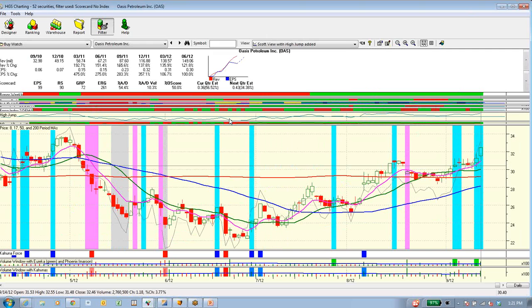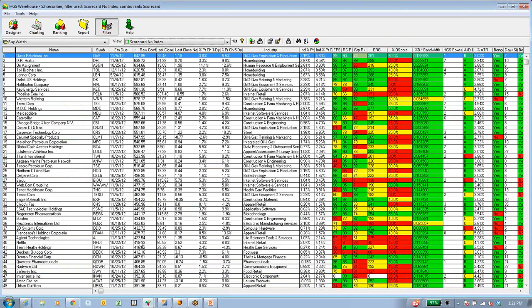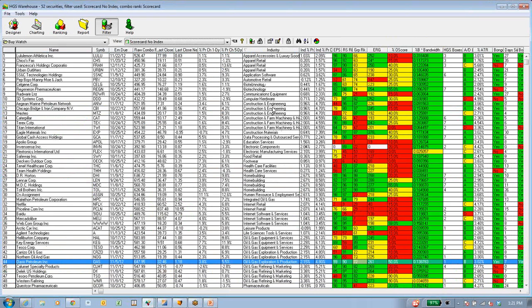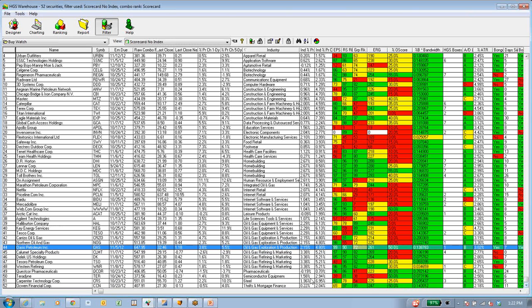In my weekend review, I saw a ton of energy stocks pop up. In fact, if I just take this list, oil, gas equipment, construction, apparel, retail, home building dominate. That's important because those are called wolf packs. Ron referred to them, refiners, today. These are the best 52 charts I could find in the market, and they represent predominantly energy, construction, home building, and apparel.